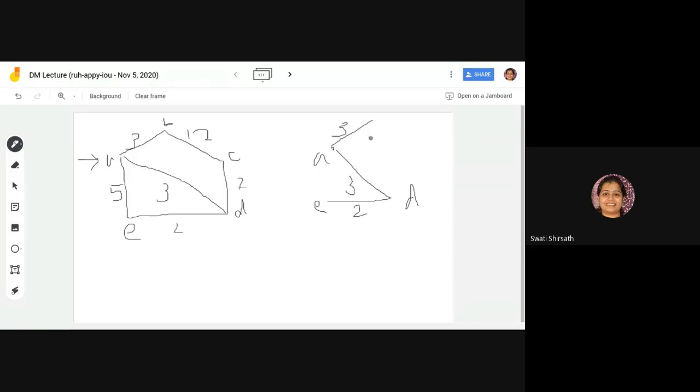Okay. Now all this you have to write down in steps. First you have chosen A, then you have added 3, then you have added 2, then 3. So all these are different steps. Then after that we have this vertex B. From B, A and D we have to see how many edges are getting generated. All of A's edges are finished. For D we have only one edge which is 7 and from B we have 12. So between 7 and 12 we can consider 7. So we have got the same tree.